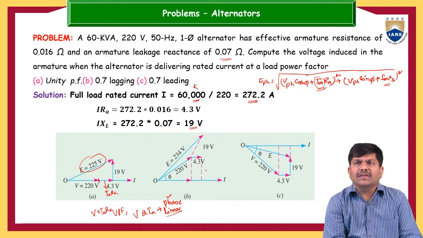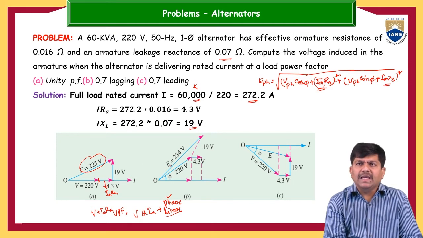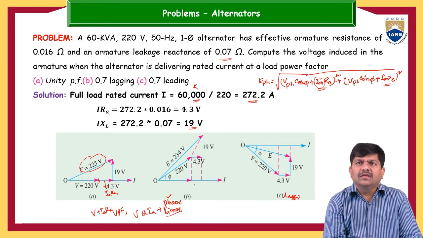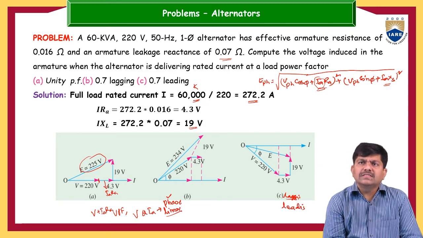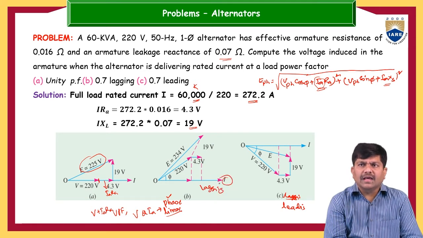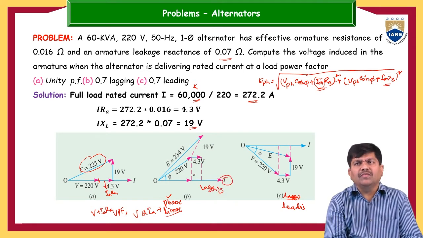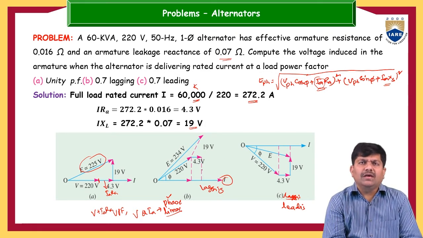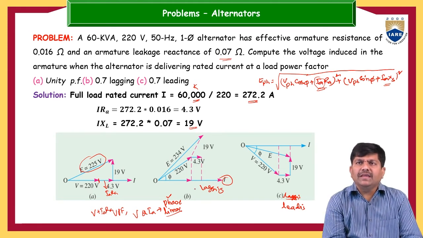Similarly, for lagging power factor also we can do it, because 0.7 lagging means you can easily calculate the phase angle. So this is for lagging, or otherwise this is for leading also you can take. This is for the lagging case. The only problem here is that we have taken the current as the reference. Instead of current, if you take the voltage as the reference, then you can see these figures in a simpler version. So let us keep V, the 220 volts, as the reference.